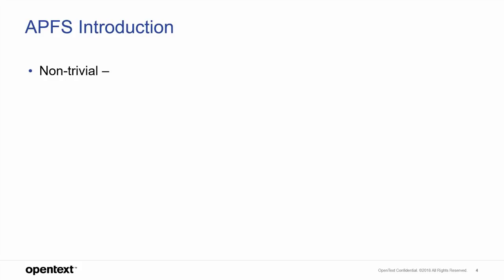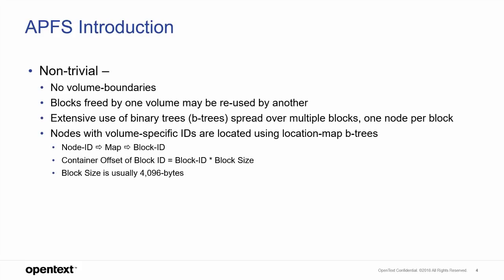It's particularly important to remember that APFS is not trivial. As we shall see shortly, there are no fixed volume boundaries and blocks read by one volume can be used by another. In order to find data quickly, APFS links blocks together to form B-trees such that each B-tree block is referred to as a node. Unlike HFS Plus and NTFS, APFS doesn't use any internal files, although EnCase displays some APFS data in a file-like